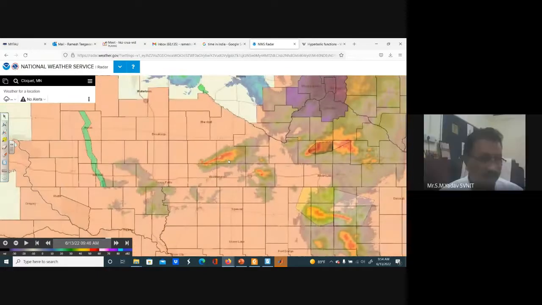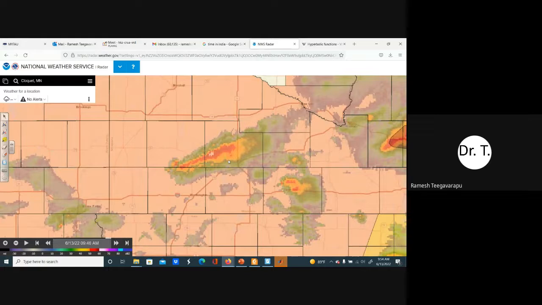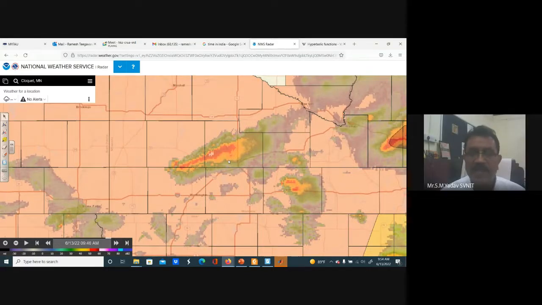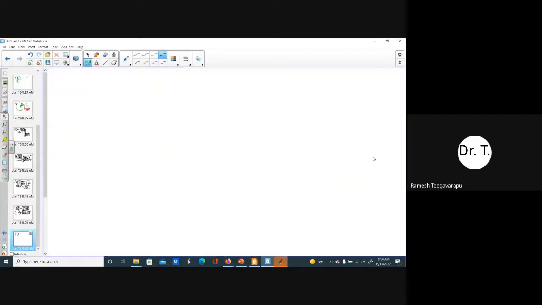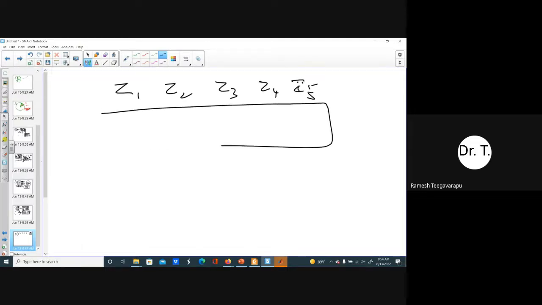So got it, sir. Got it. And the second question is, when we are using radar data, it may be available for seconds and minutes. So when we want to apply it to a distributed hydrological model, what should be the time scale of the rainfall one needs to use? It depends on your time. As I said, for example, radar data is available in intensity. So typically, as I said, reflectivity is Z1, Z2, Z3, Z4, and Z5. So if this is your 15-minute interval,